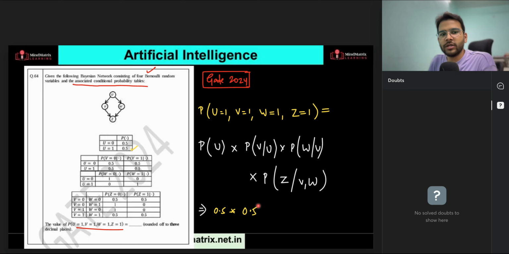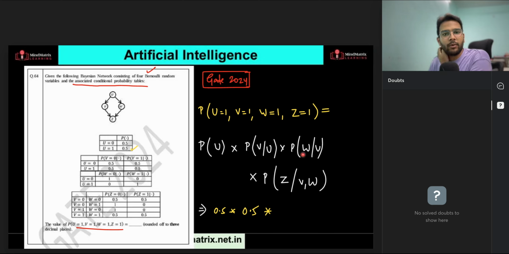See, if you focus on the CPTs, they have mentioned every value, right? But if they don't mention it, then you can find it out also, right? 1 minus the other value, you can find it out. So maybe next time they will frame that type of question a little more complicated. Not complicated exactly, but some of the students can commit silly mistakes also. So be careful of that.